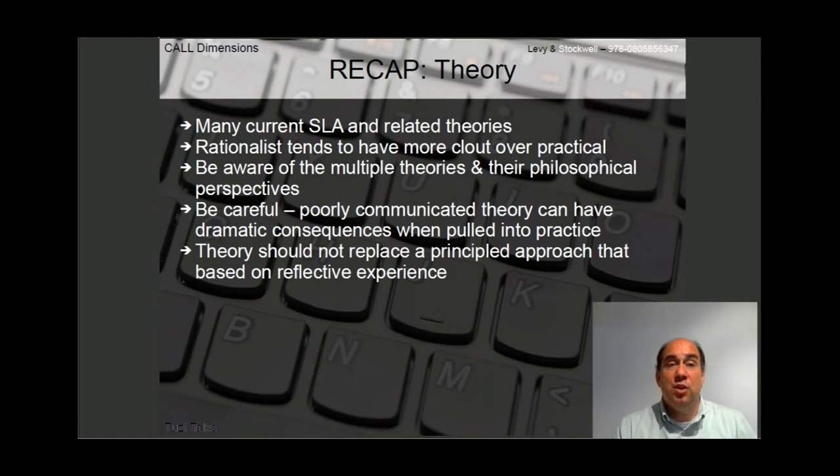People who are doing research and their conclusions are based on numbers tend to be more respected as opposed to those that are using more qualitative style research and therefore qualitative style CALL applications. I don't know why that's necessarily the case, but apparently there's more clout that way. It doesn't necessarily mean that they're right, but know that the rationalists tend to be viewed as smarter as opposed to the